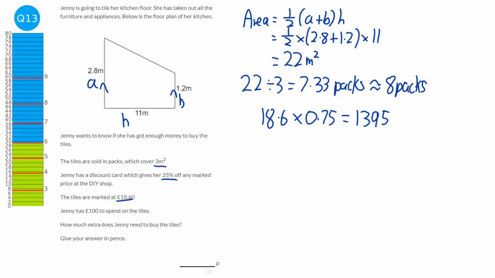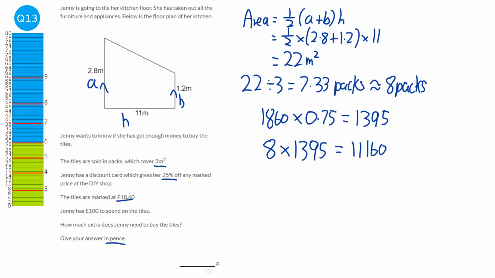Now I've done this in pence and I've muddled it together here, so really let's just go back because I've done this in pence. So that would be 1,860 times 0.75, and so each pack will cost 1,395, and the reason we're doing this in pence is the answer needs to be given in pence, so I might as well just make that conversion now. And so it's going to be 8 lots of the 1,395 pence packs, which will cost in total